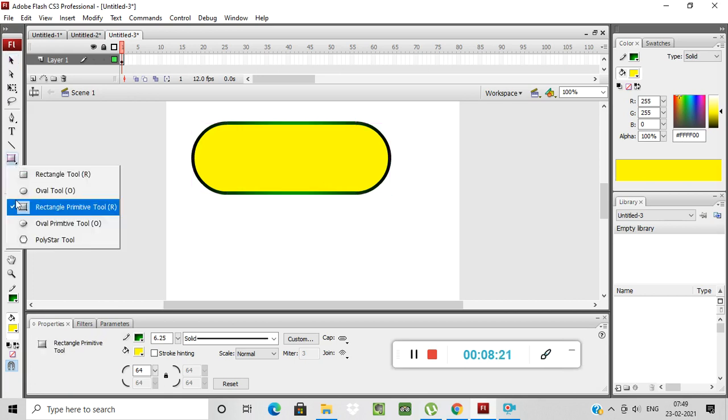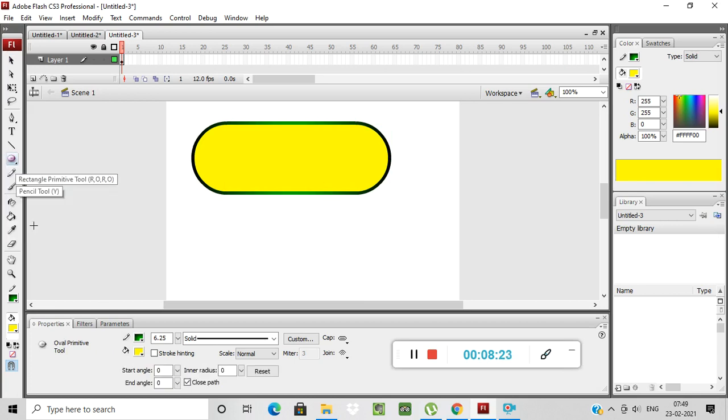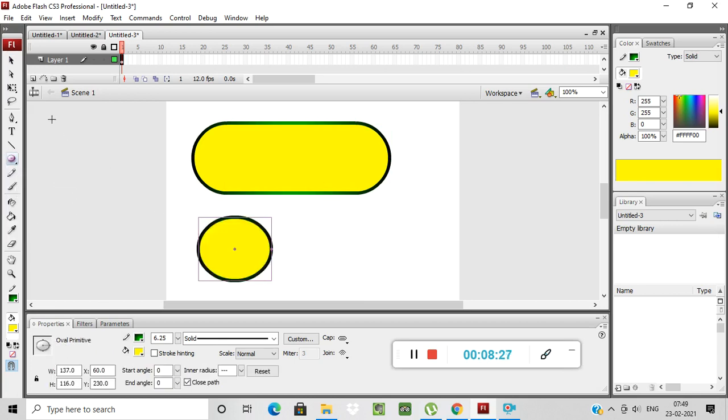Then you can use the oval primitive. I am drawing an oval primitive over here. Go to the selection tool and select the oval primitive from here. See, likewise. Likewise you can change the shape over here.